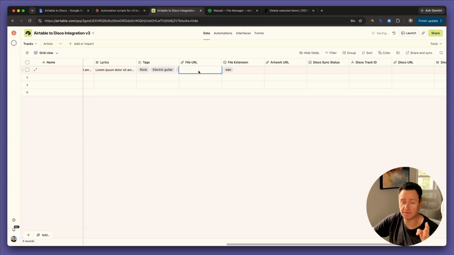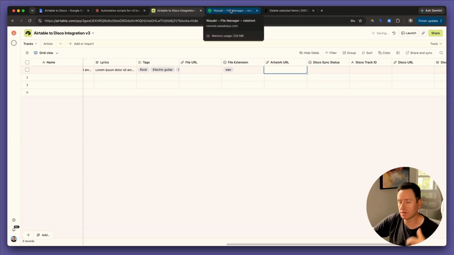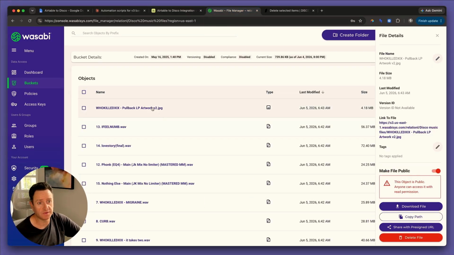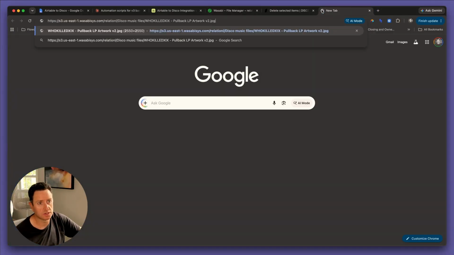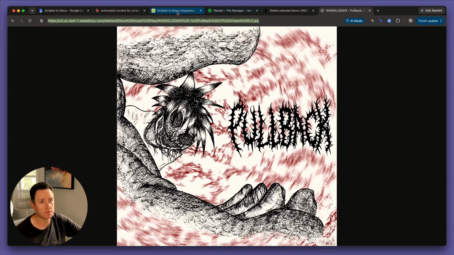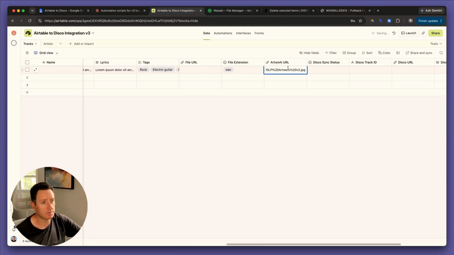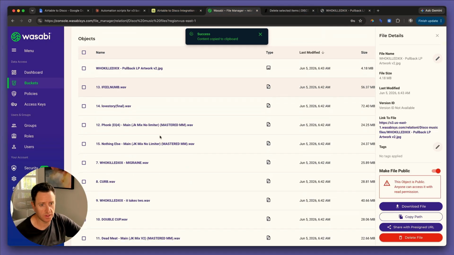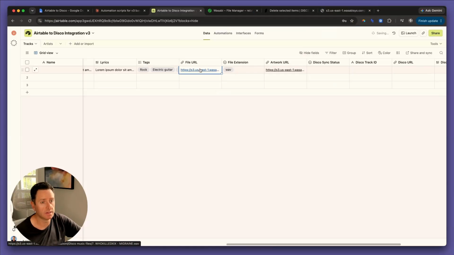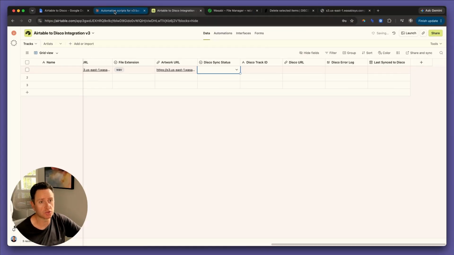And now we need the file for this audio, and we need the file for the artwork. It's not just like Dropbox files or Google Drive files. You need these files to be hosted on a server. And if you don't already have that, we use Wasabi for this. It's like $7 a month for a terabyte of storage. So you come in here, you get the artwork file, you come back into Airtable, you drop it in, do it again for the audio. In this case, copy it here, drop it in,